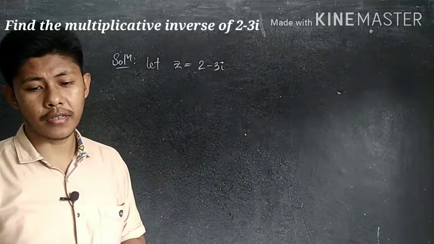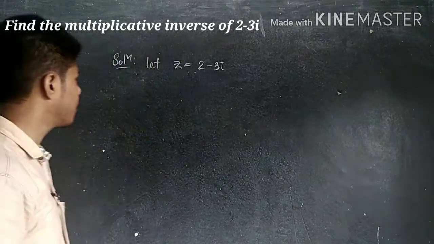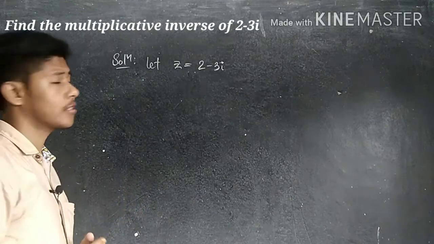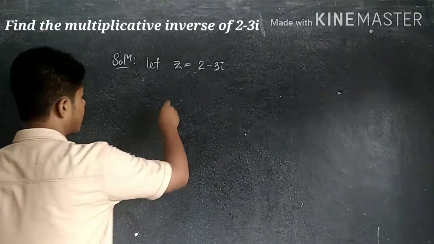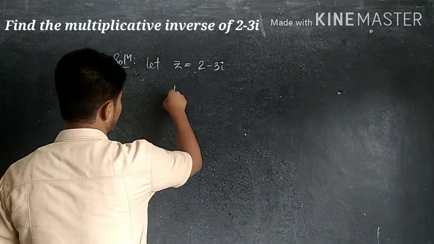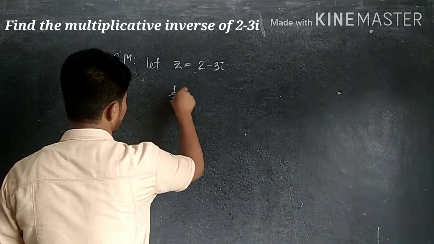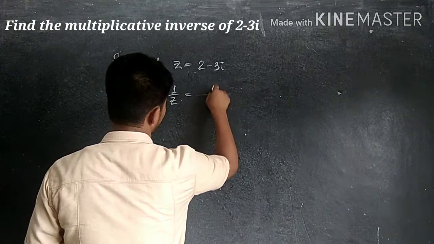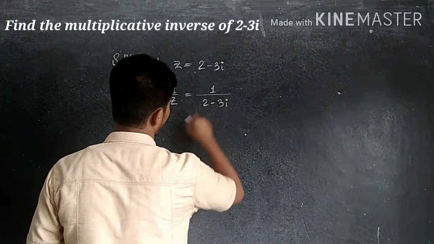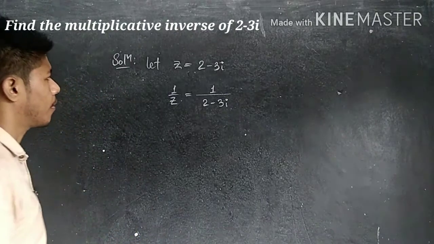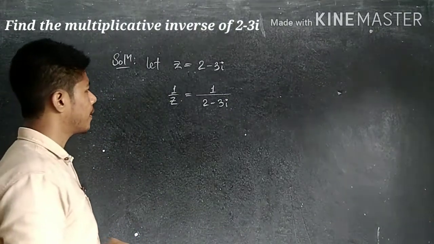We have to find the multiplicative inverse of this, Z equal to 2 minus 3i, isn't it? So now what we have to do here: multiplicative inverse, so obviously Z inverse, or we write 1 by Z. So 1 by Z, if we write, then this result is 1 divided by 2 minus 3i. This one is 1 by Z. So now after writing this one, now what